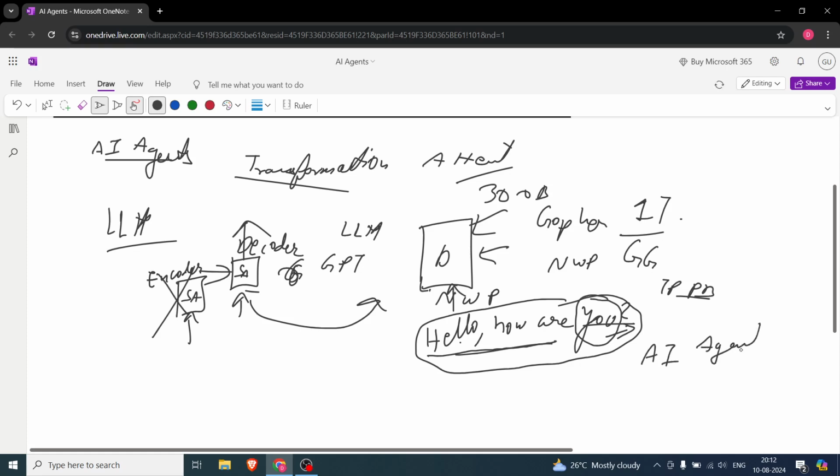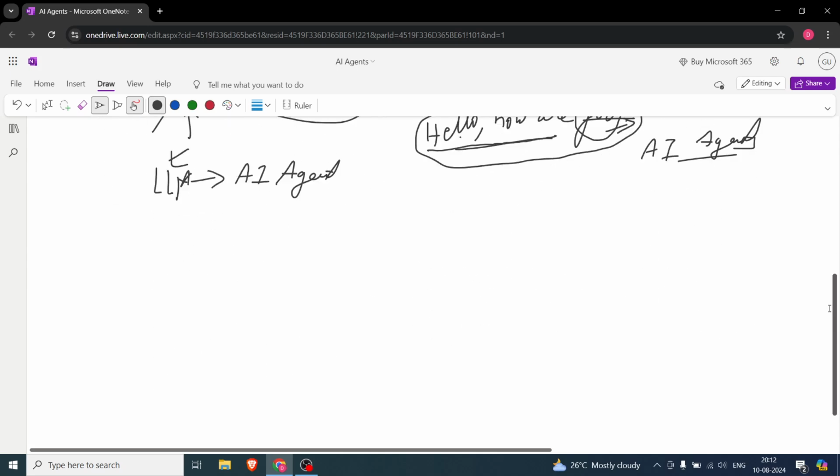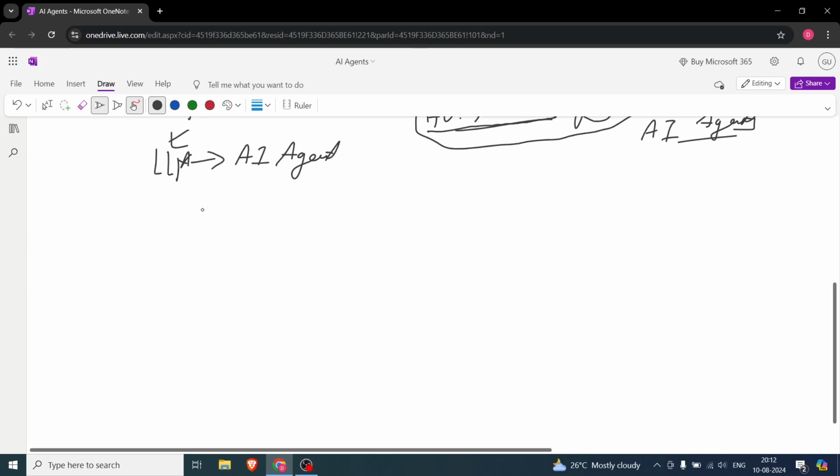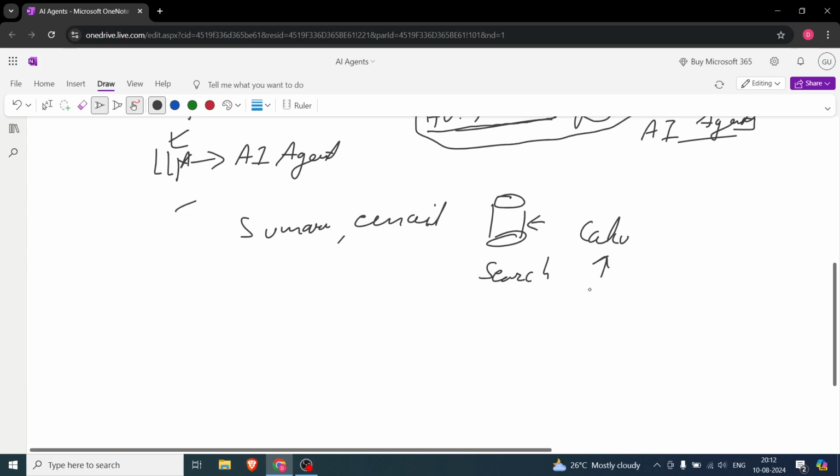Now, since you have understood LLMs, the LLM is succeeded by AI agents. What is an AI agent? It definitely uses an LLM, but in a way that gives you more power. For example, what can an LLM do? It can summarize, right? It can write emails for you. However, it does not have a database on its own. It cannot search Google or any other search engine. It cannot do calculations, as in it does not have a pre-built calculator.